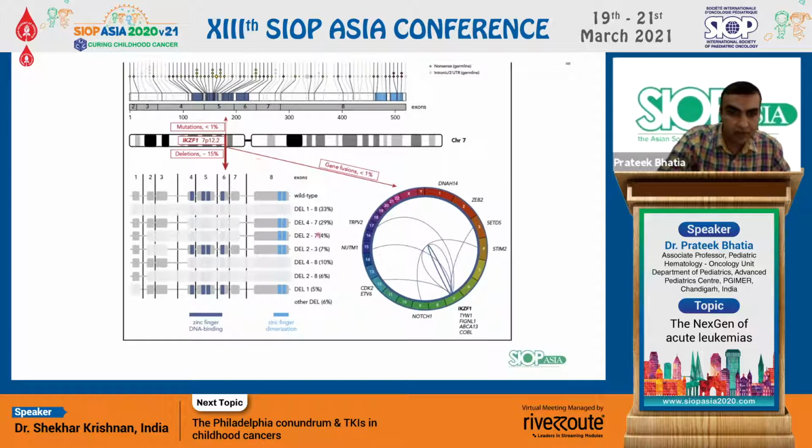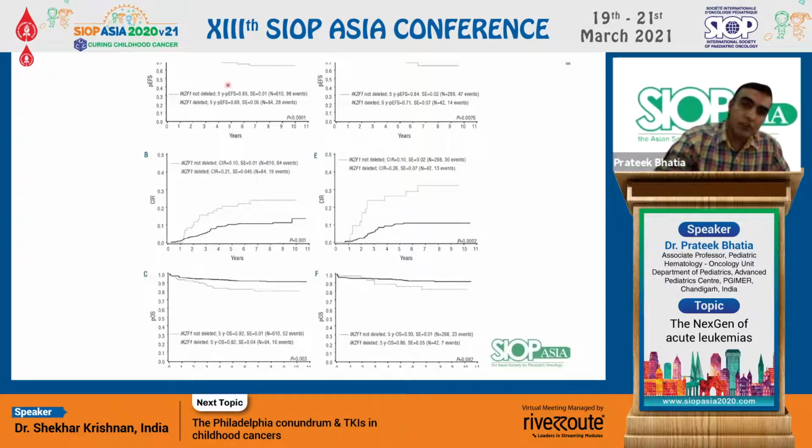pH negative ALL cases. The most common types of deletion are exon 1 to 8 deletions, followed by exon 4 to 7 deletions. Rarely, fusions and mutations have also been described. But what is known is IKZF1 as a poor prognostic marker in B-ALL, which was first shown in this study in 2013, wherein they showed that IKZF1 in high risk, intermediate and high risk cases had a high cumulative incidence of relapse, as well as